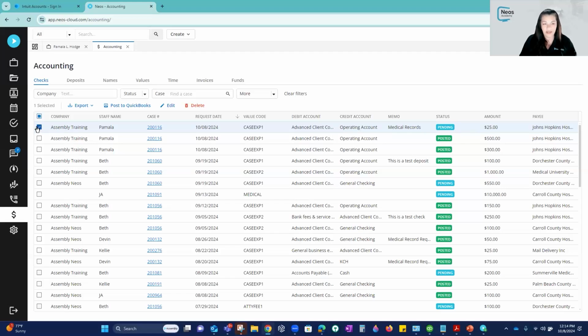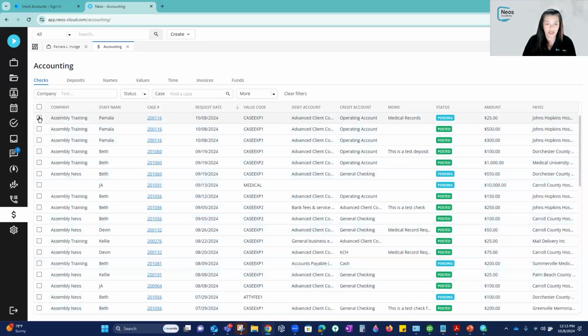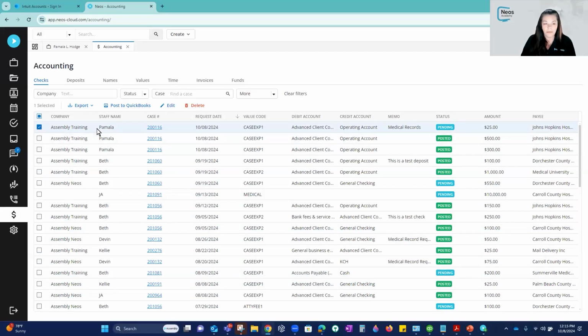Once I select the check that needs to be written, I can select it and hit post to QuickBooks. But before we move on, if I wanted to post all the other checks as well, I could choose all of the checks that I want printed. So you can hit this top box and choose everything, or you can just choose specific checks to print. Once I select the check or checks that I want printed to QuickBooks, I hit the button that says post